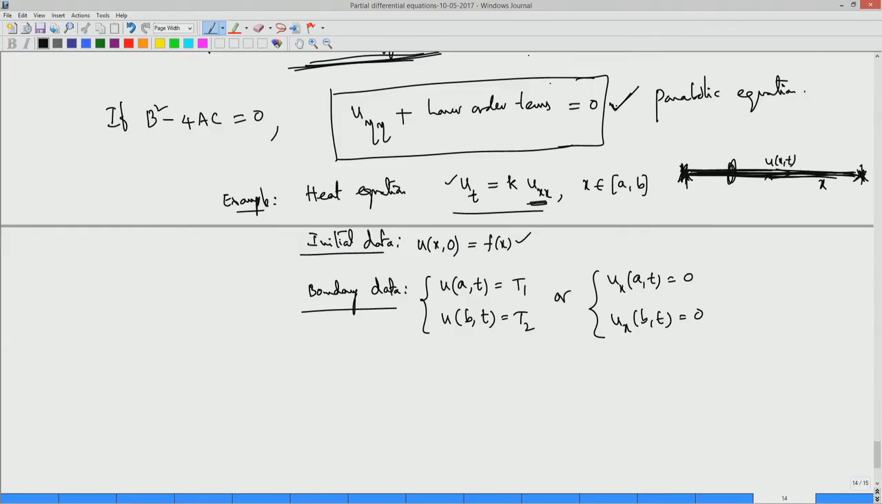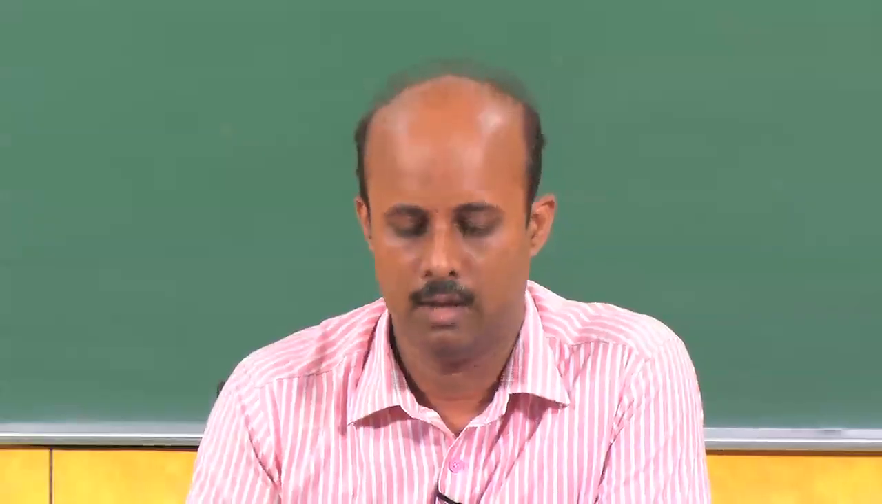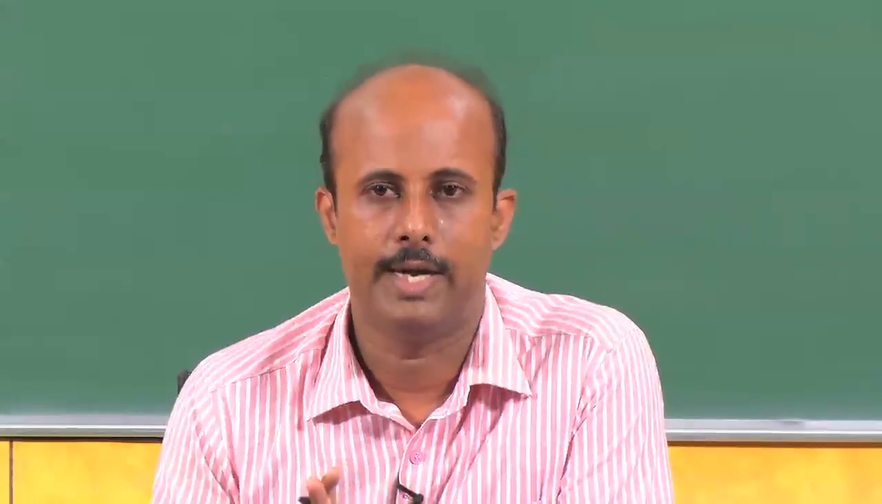Any linear partial differential equation of second order, you convert it into some new variables xi and eta. Once it takes the form u xi eta plus lower order terms equal to 0, then it is either hyperbolic or elliptic. As a sub case, depending on what your xi and eta are,